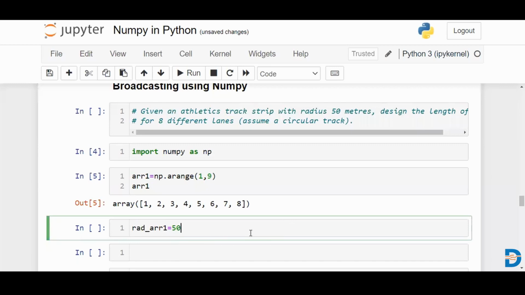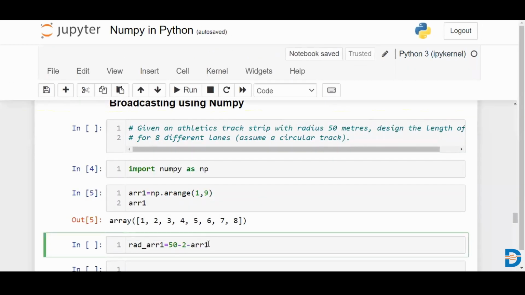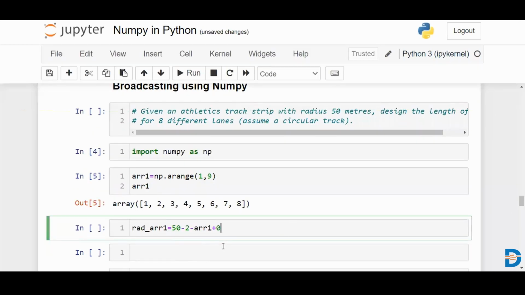So we'd have 50 minus array 1. And we'll have to give a gap of about 2 meters from the outside, right? You don't want to start right at the edge of the track. So we'd say 50 minus 2 minus array 1 plus 0.5,